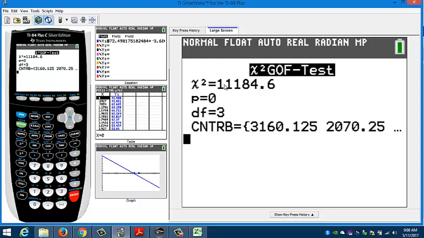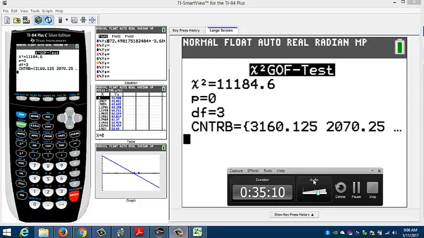I'm not sure. Do you guys have any questions about goodness of fit? No? Let me pause here for a second. Chi-squared